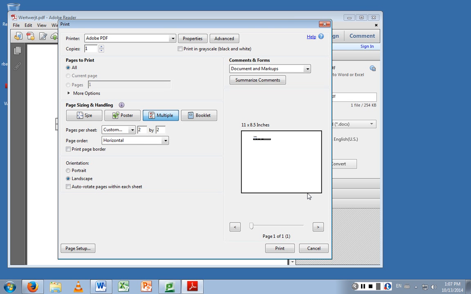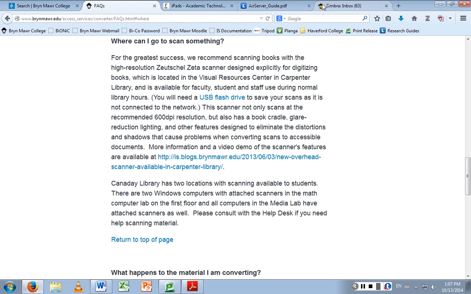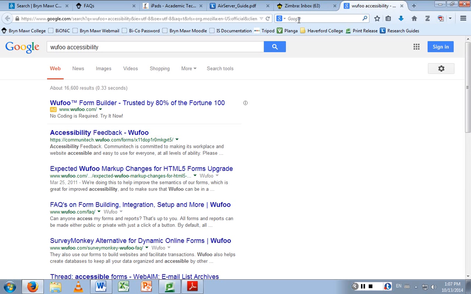I have another form question. So I use Wufoo forms for students to apply to 360s. How would that work? Does it work? That's a good question. First thing I would do is Wufoo. So most vendors are very aware that we are expected to provide digital materials that are accessible, and so they are working to do this.